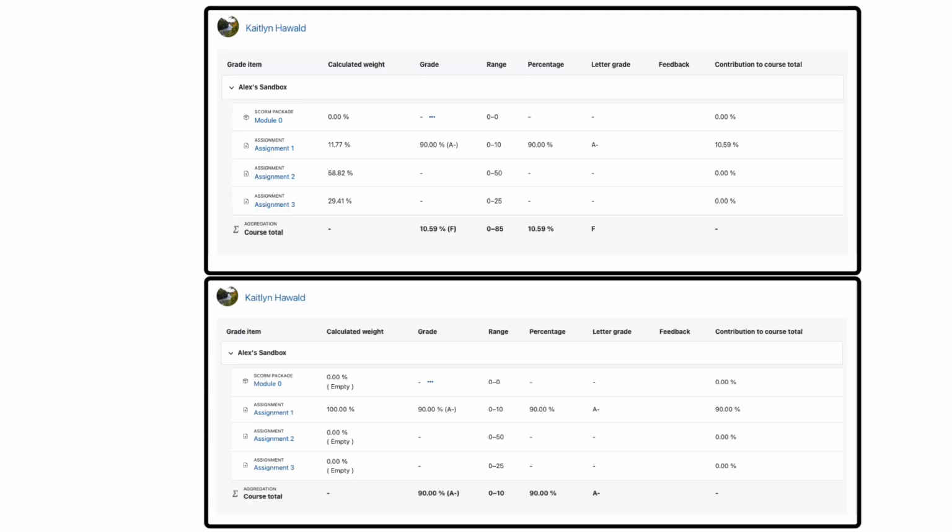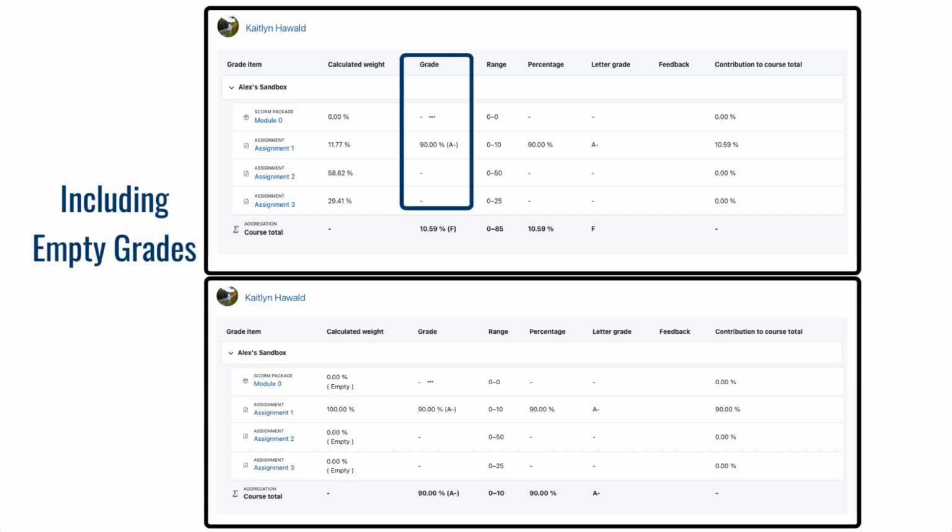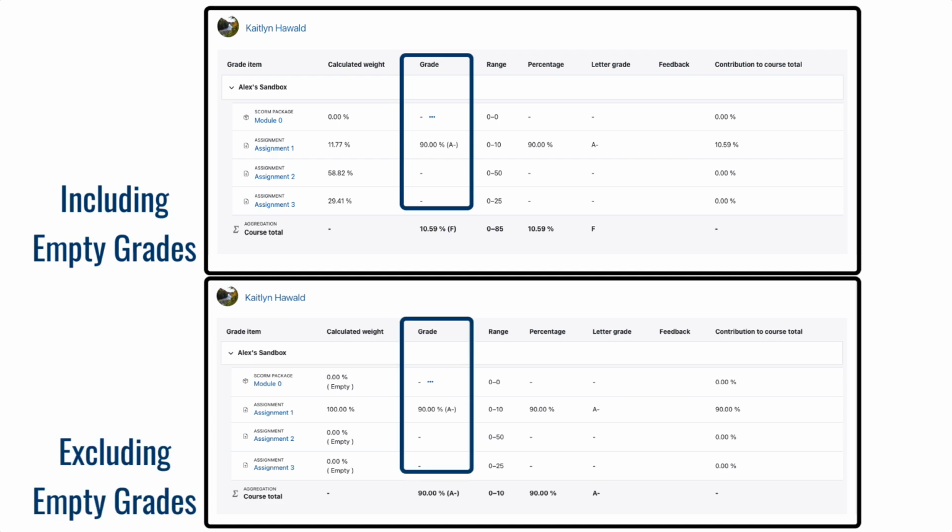In the Moodle gradebook, grade totals can be calculated with or without ungraded work being factored. Including empty grades calculates grade totals from all possible points, whereas excluding empty grades calculates grade totals from only assignments that have been graded. By including empty grades in the grade total, students would start the semester with an F